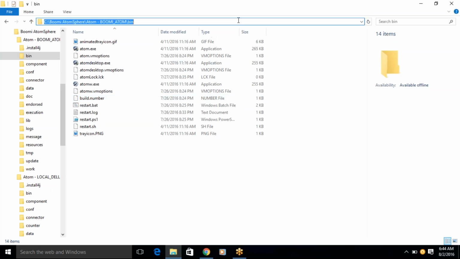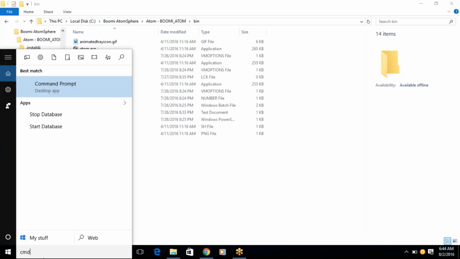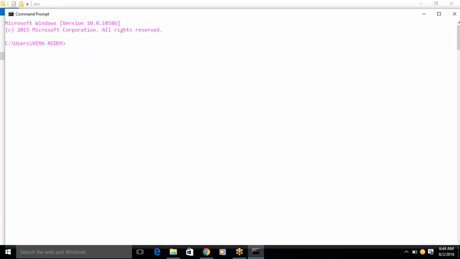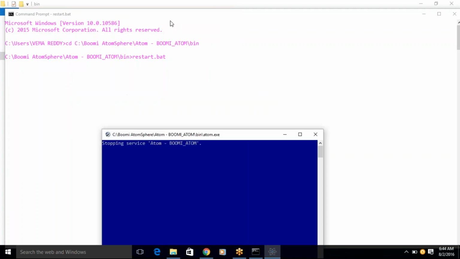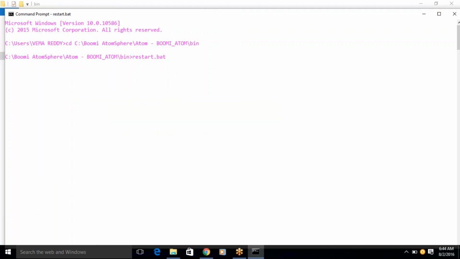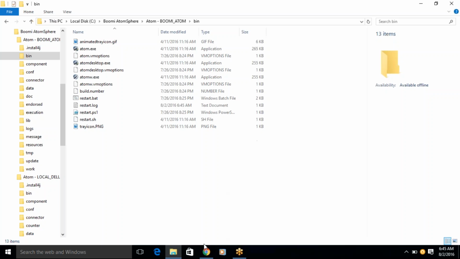That's the reason to directly navigate to the particular directory. Let's say like this here: you copy this directory, open the command prompt, change directory to the particular atom bin directory, and then run restart.bat. If there is any error, it will be shown here in this command prompt, the basic command prompt that we have initiated. So initially it was stopped, and then it is asking for start. After it started,